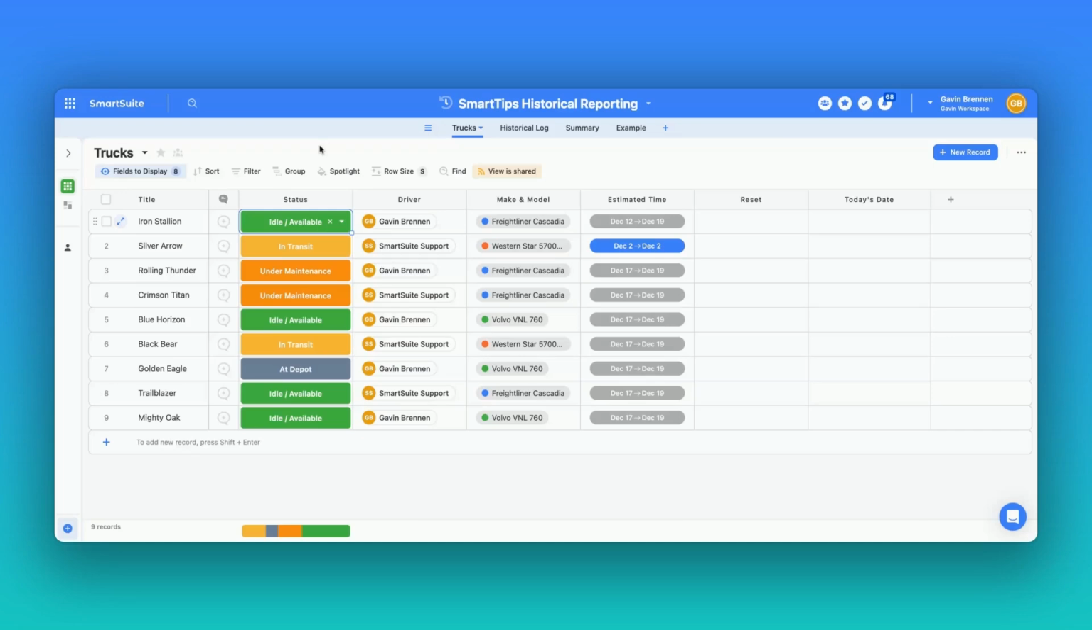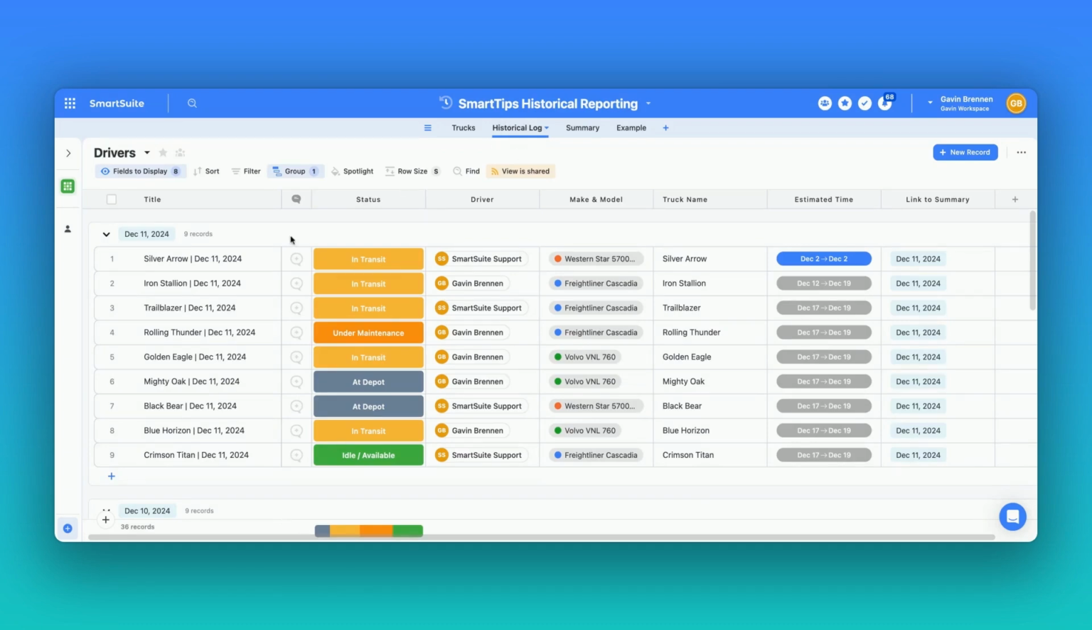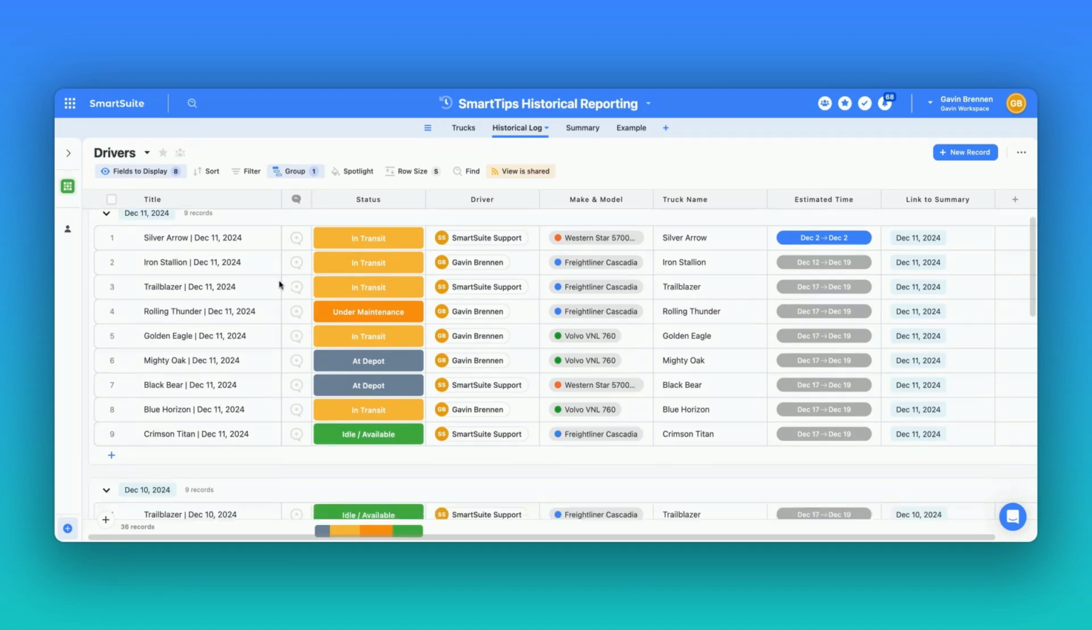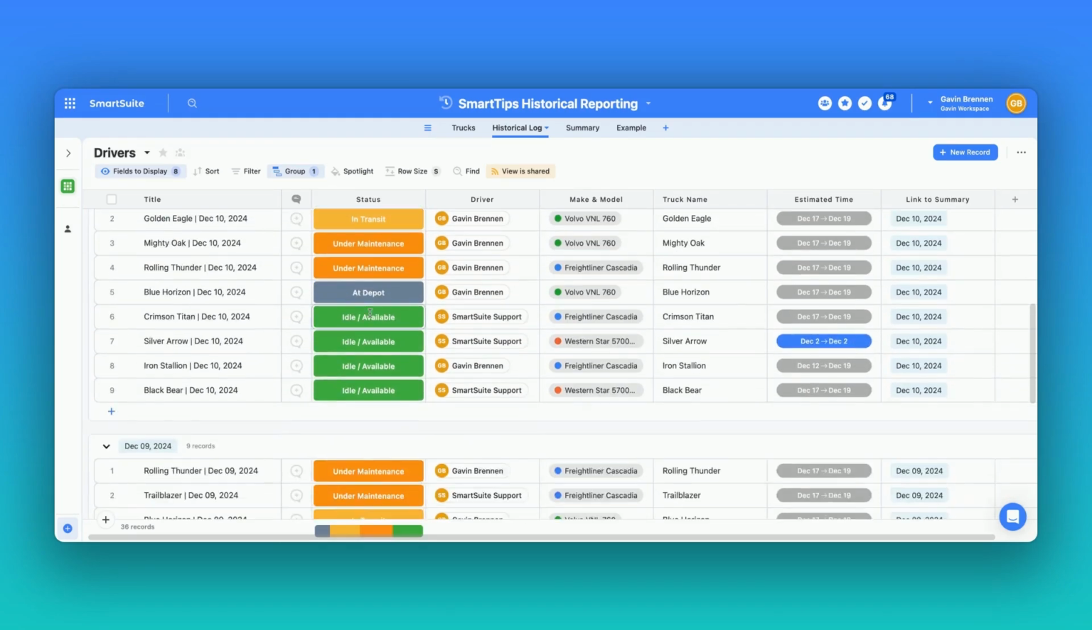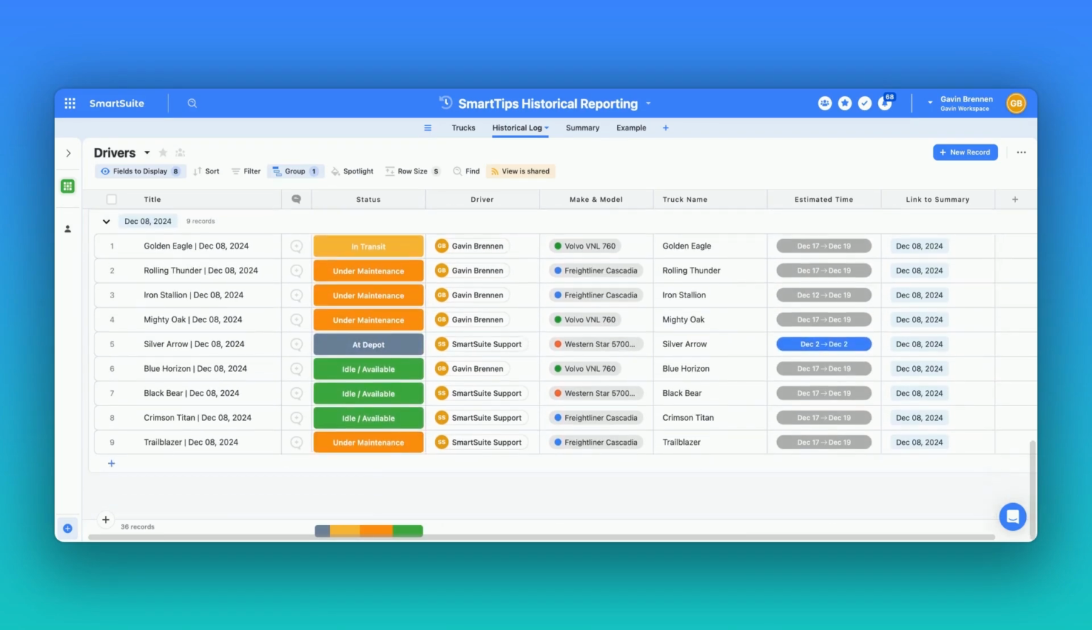Now, if you want to be able to have these as individual records and change the statuses frequently so that it always shows the most recent, that's great, but you can't show any history of what changes are made over time. And that's what we're doing today. So we're going to be able to create automatically a historical log where it essentially takes a screenshot of the statuses, driver, and whatever else that day and shows it for every single day and automatically creates these records